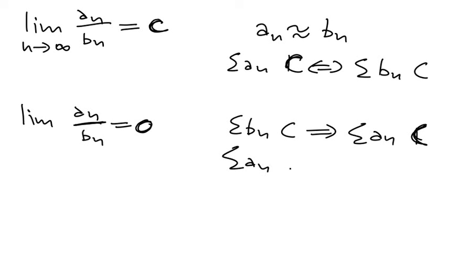And on the other hand, if an is diverging, then bn is also diverging, and so on. Similarly, if this thing here is infinity. So basically, using